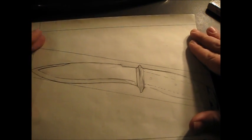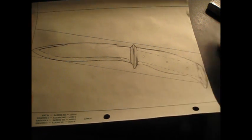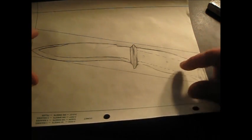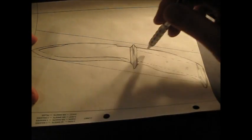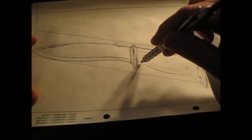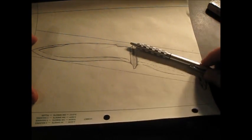All right, so anyway, let me show you what my inspiration was on this. I don't have one here. All right, so I can't show you, I'll just describe it. It's a halibut knife. I don't know, they're folks in Alaska. Peter Moman would probably be able to find you one. Anyway, it's a straight handle. It's not this nice curved one with the finger swell and the palm swell on the back. But it comes out at an angle like this, and then,